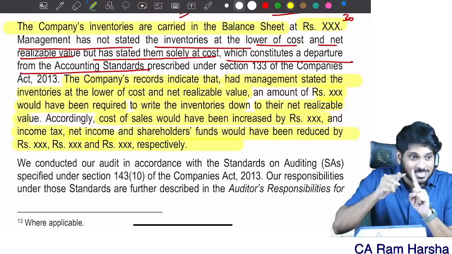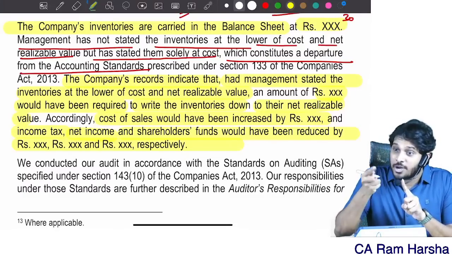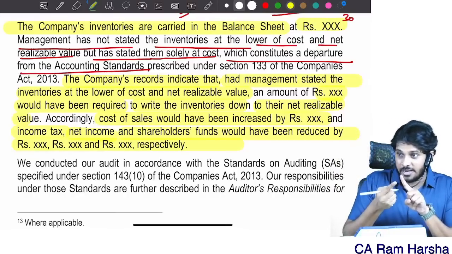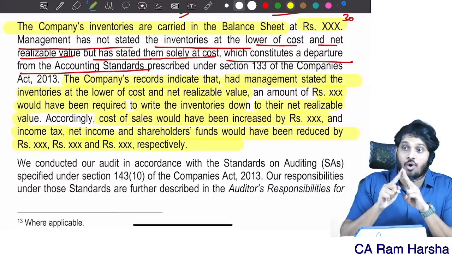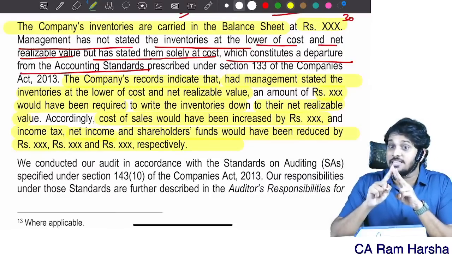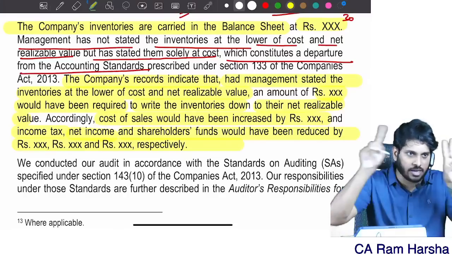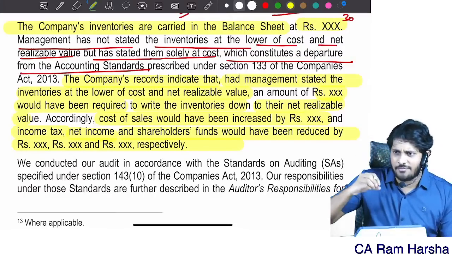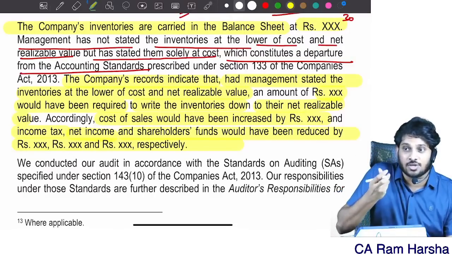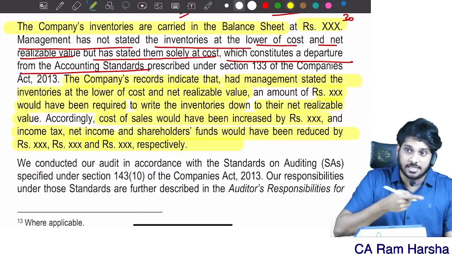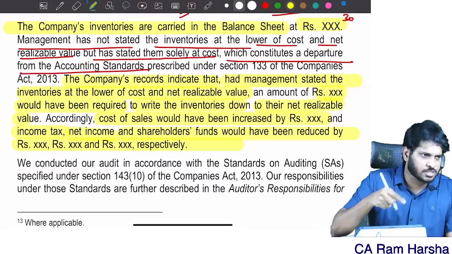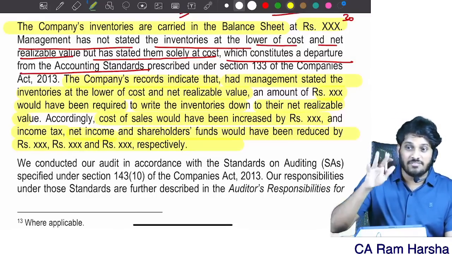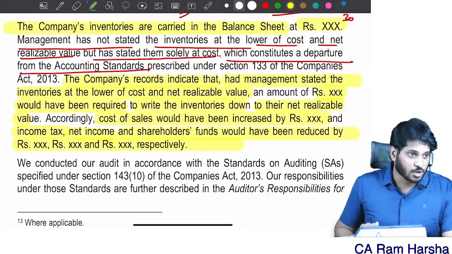See, we are not just saying that there is a mistake. We are also saying, because of this mistake, what all items are affected, correct? So whenever you are giving a qualified opinion, not only the qualification, you should also quantify the misstatement. What is its impact on the various elements of the financial statements? Understood? In this way, if I explain to the shareholder, they will get better knowledge. If this mistake is not there, the profit would have been this much, the sales would have been this much, and they will understand better. Correct? But sometimes quantification is not possible.